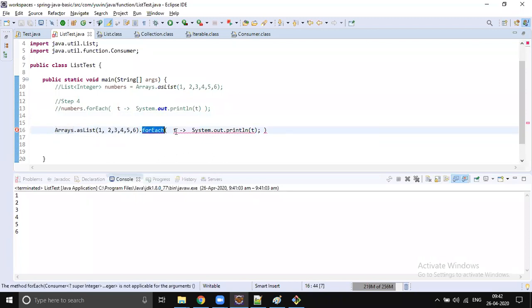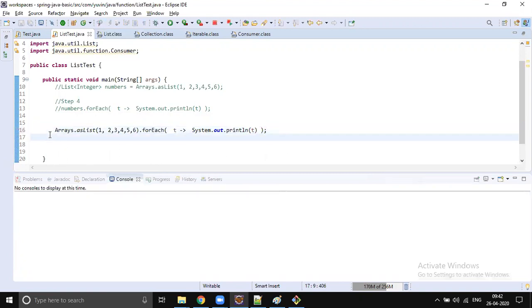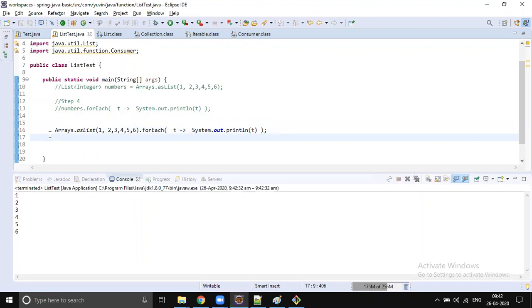Yes, we are passing the consumer. And the semicolon at last. Now let's simplify. Now things become a single line, and run the code; it works fine, right?